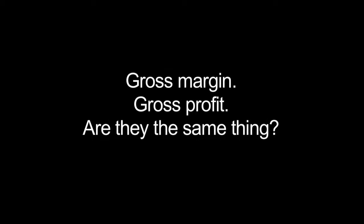And while it's a big ticket sale for jewelers, the typical specialty jeweler in America generates a $5,000 average ticket from a diamond engagement ring. But the problem is they're not putting $2,500 of profit in their pocket. You know, specialty jewelers sometimes confuse gross margin and gross profit, and they think they're one and the same. They really aren't. Gross margin is a percentage, and gross profit is really dollars that you generate. I think it's time for jewelers to look at their business in terms of the gross profit dollars that they